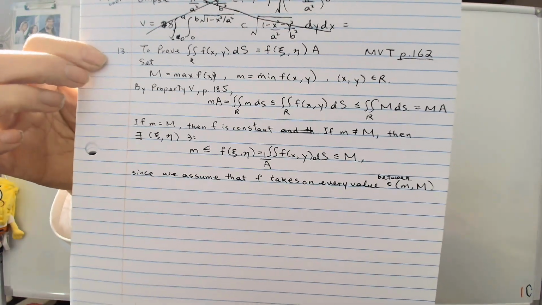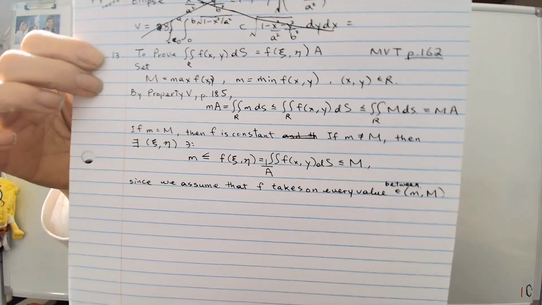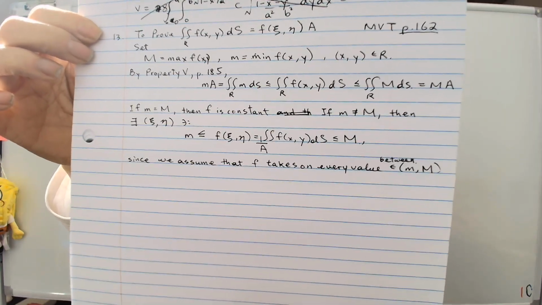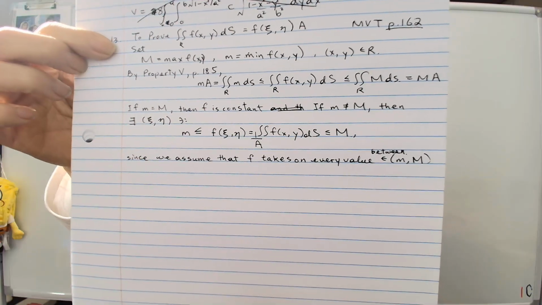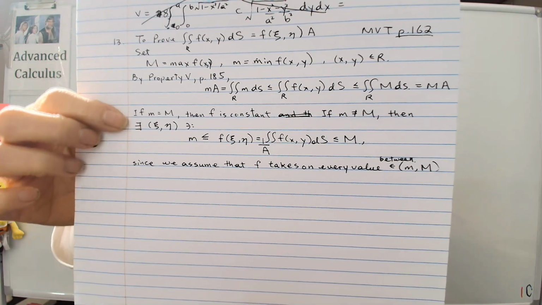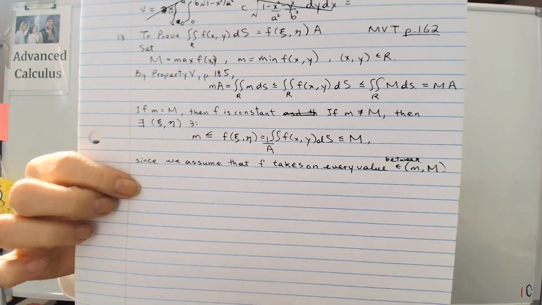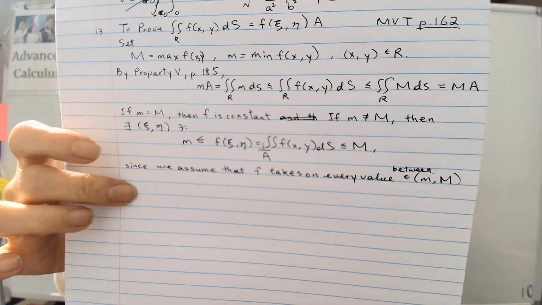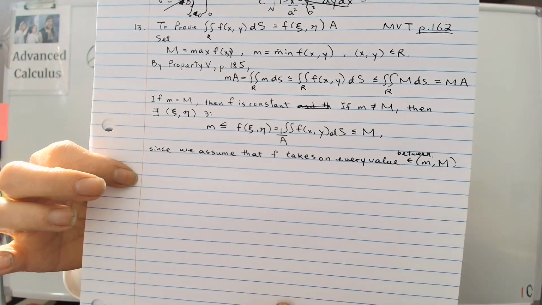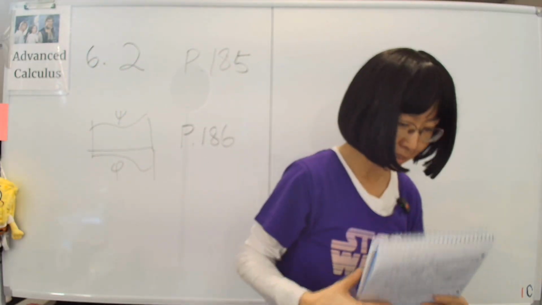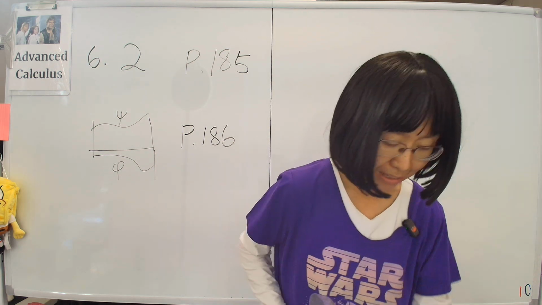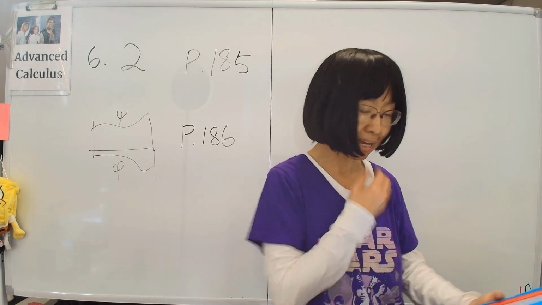It is to prove the MVT, the mean value theorem. But it's not really much worth mentioning because if you just follow page 162, I basically copied word for word from the same. The proof goes exactly the same way, with some notation changes, that's all. So that's all I did. I just copied it, and it worked out very, very nicely. So that's problem 13. Now, going back to problem 7, I want to show you how I did the